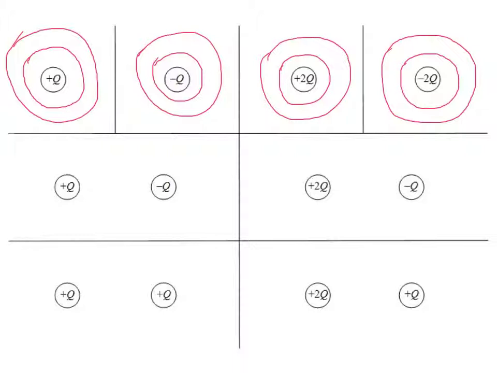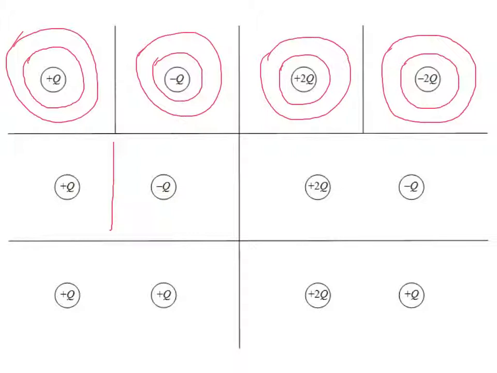When you get to pairs of charges, it's a little bit different. When you have one positive and one negative, there's an equipotential line if they're of equal magnitude, as in this case with the positive Q and the negative Q. There's an equipotential line right down the middle between them, because every point along this line is the same distance from this charge and from this charge. So there's a positive potential contributed by this charge at any given point and a negative potential contributed by that charge. So every point on this line is going to have a potential of 0 because it'll be cancelled out